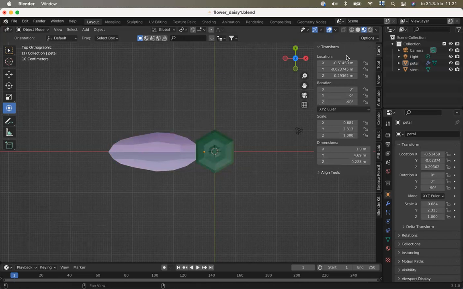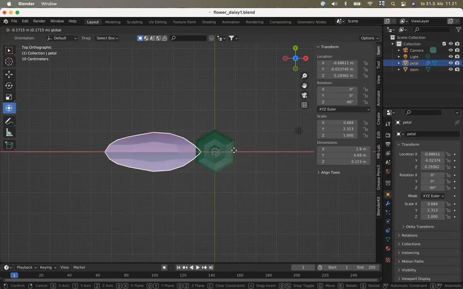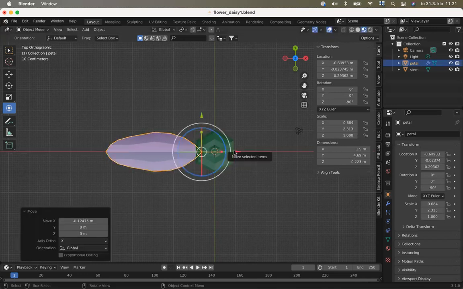So it shows the transform options also over there. Anyway, maybe that was not necessary information, or maybe it was. You never know. Okay, so a duplicate, Shift D,